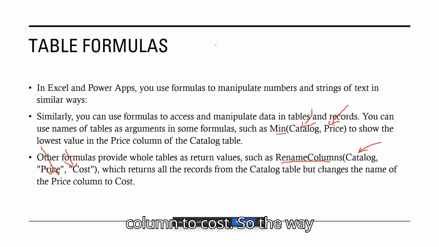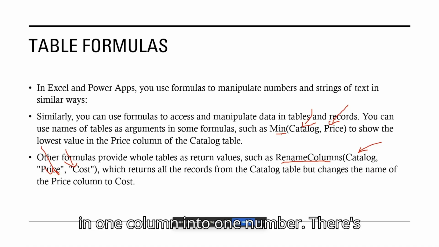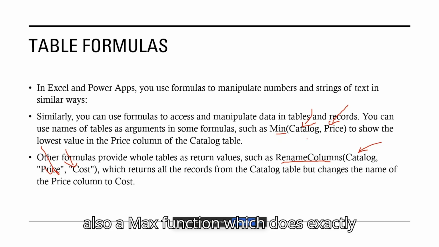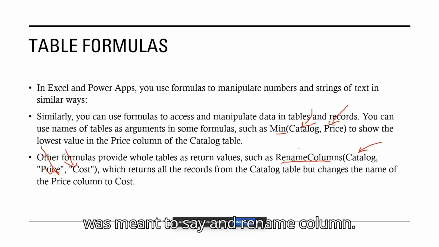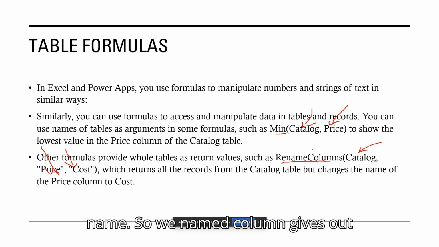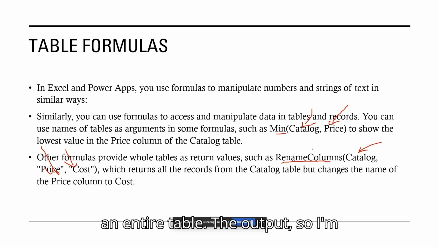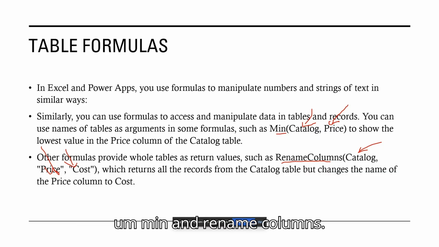So the way table formulas are different is that they either aggregate the value. For example, min basically aggregates the value in one column into one number. There's also a max function, which does exactly the opposite of min. And rename column, as the name suggests, just renames one of the columns to a different name. So rename column gives out an entire table as the output. I'm quickly going to show you an example of min and rename columns